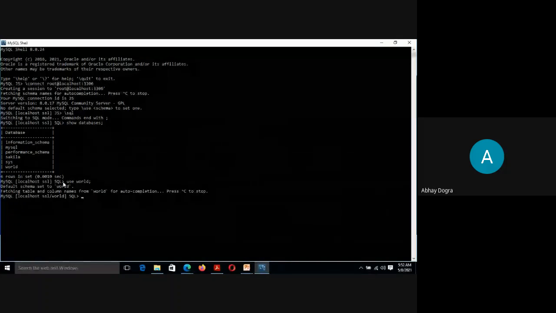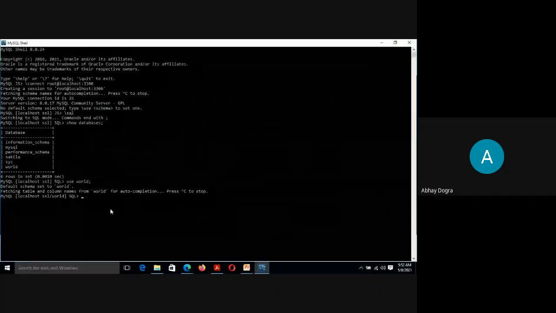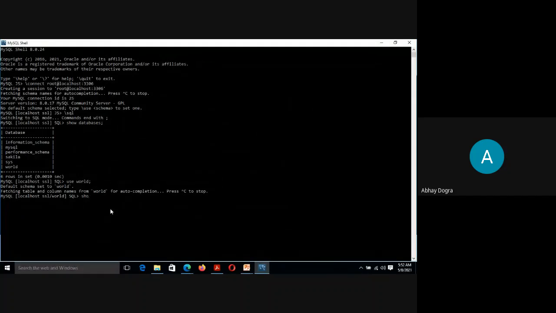So now our database is ready. अब database तो आ गया. I told you databases में क्या होता है? Tables. So now how we can see what all tables are available under this database world. So same ही command है, show tables. Okay. Press enter and you'll get to see a list of tables that are available under